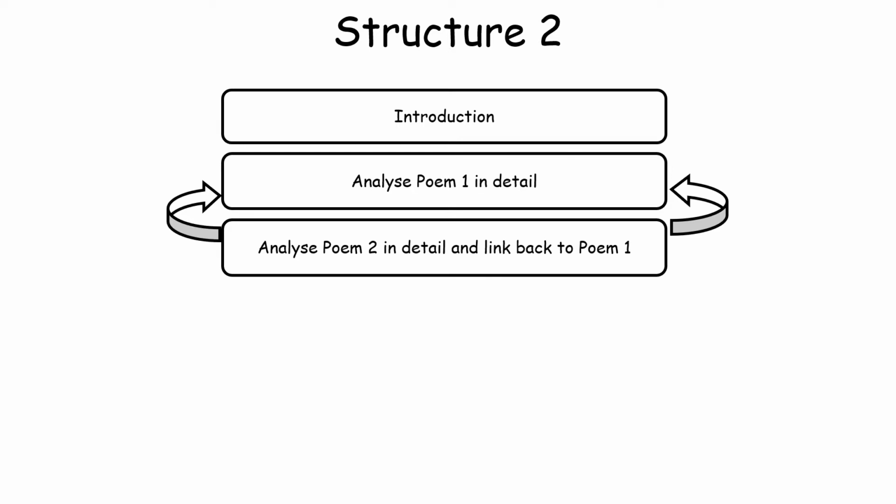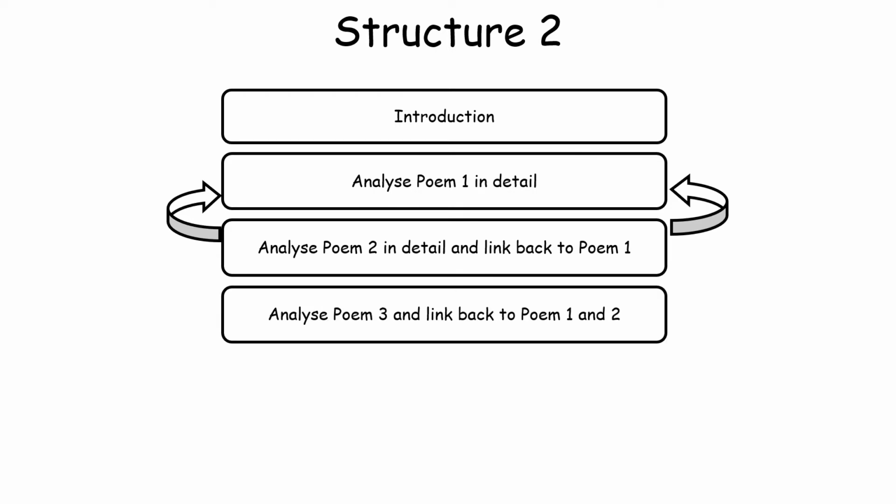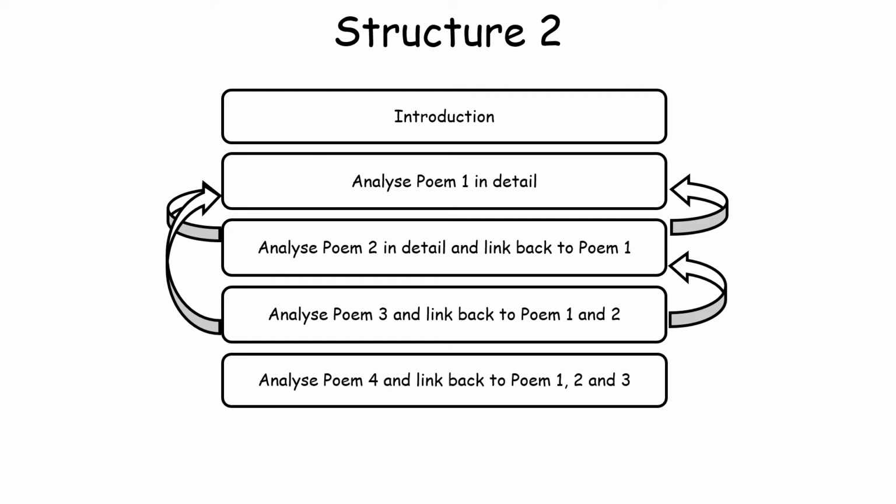So as they analyse poem 2, they reference as much as possible back to poem 1. And that's a very sensible thing to do. In terms of the difference between this one and the last one, which left the connection till the very end, in this scenario, they're leaving the connections until they've looked at the first poem in isolation. What they then do is they introduce poem 3. And when they introduce poem 3, then they make natural connections back to poem 1 and poem 2. So as they go through, they're making more and more connections and they're cross-referencing these poems. What they then do is analyse poem 4 and they will link back to poem 1, poem 2 and poem